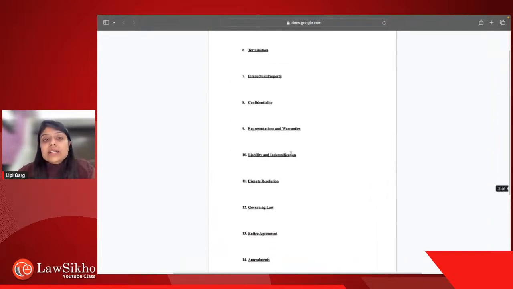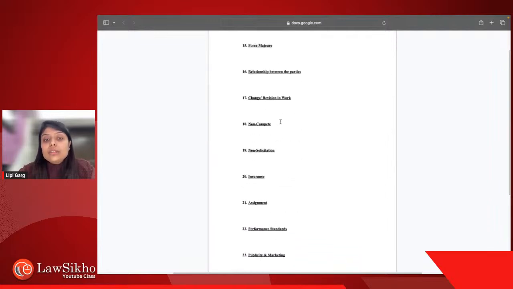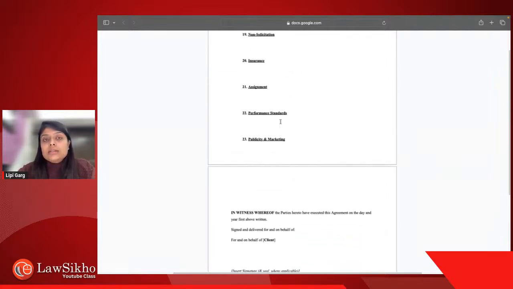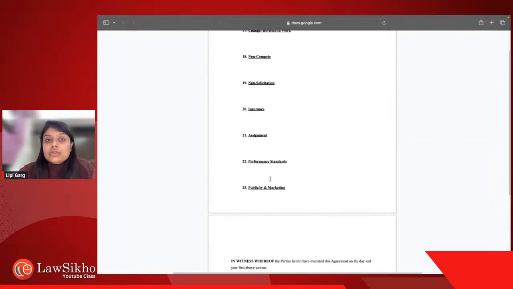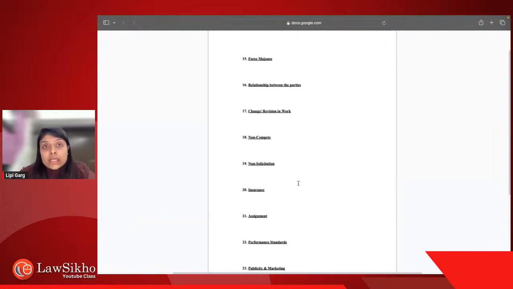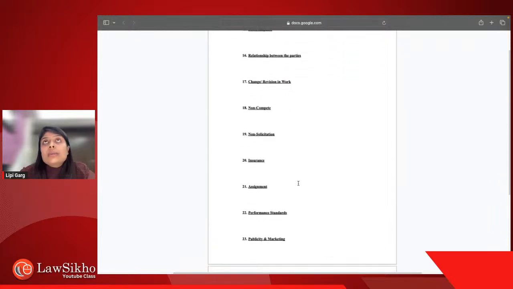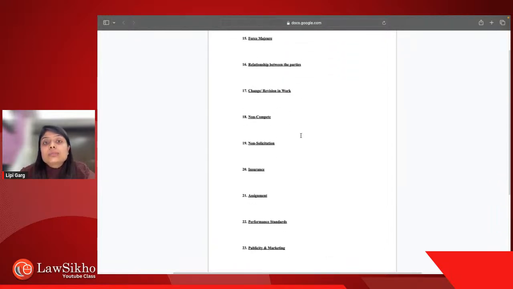So I carry such a checklist, such an outline, with me in the session, in the first meeting, and then I write all of these questions. What this allows me is first impression making. The other person will feel that this person knows what he's speaking, and I will always have an upper hand, because when you do not have things written, you tend to forget a lot of things, right?